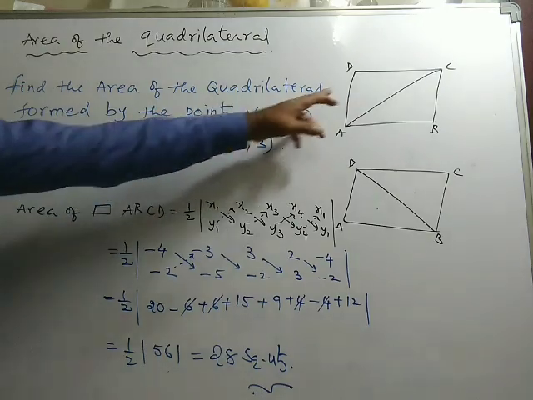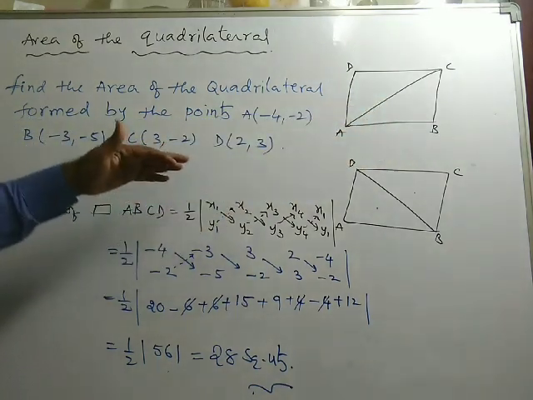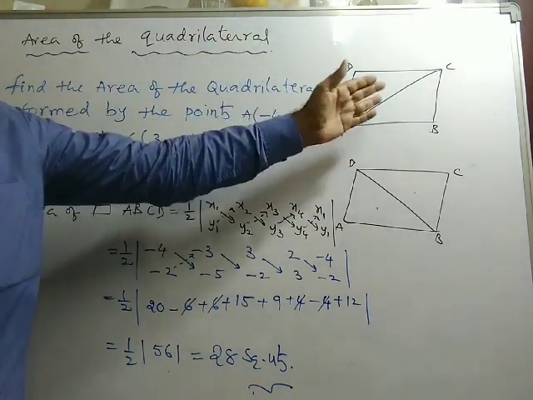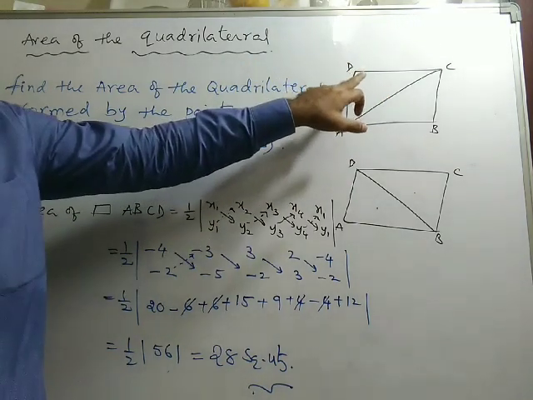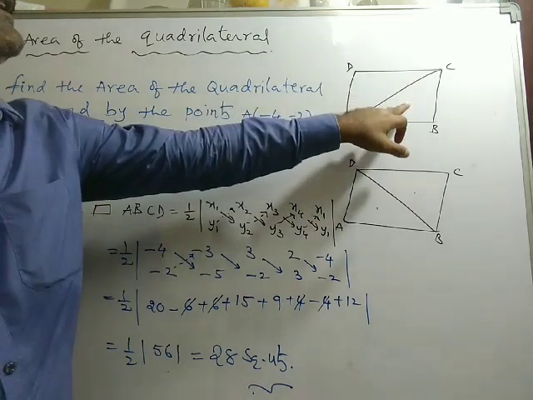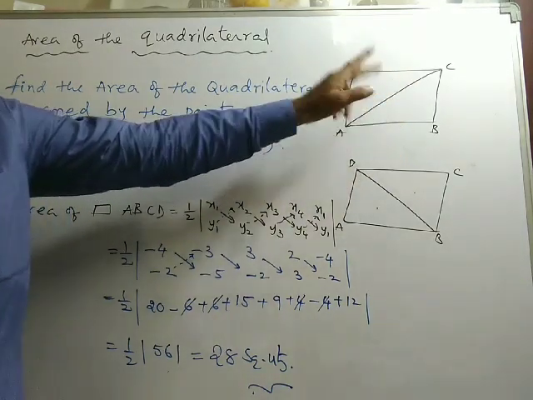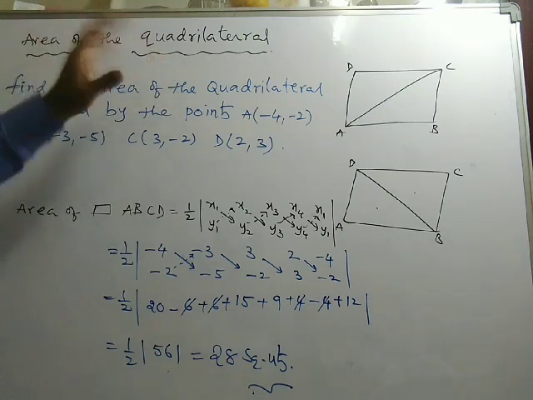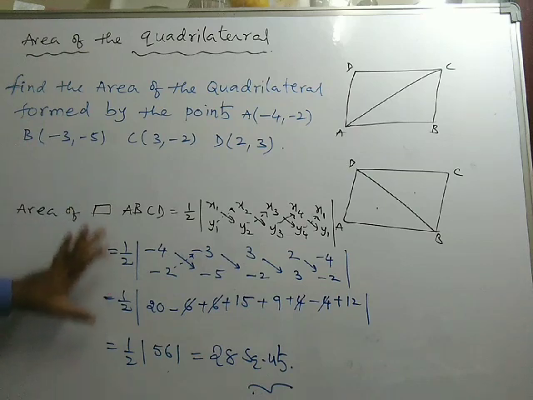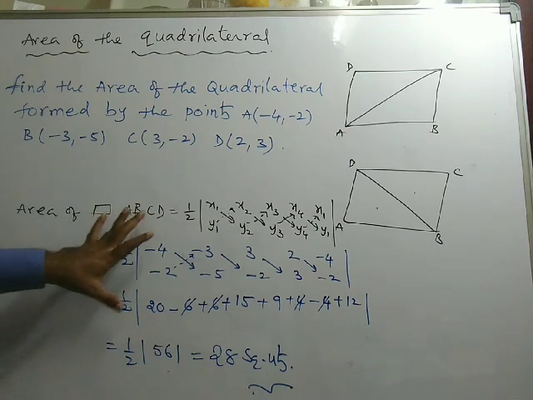So you can use this method also. Better you try the problem with the other method, that is, divide the entire quadrilateral into two triangles and find the area of the first triangle, find the area of the second triangle, and the sum of these two gives you the entire area of the quadrilateral ABCD. That is method 1. If not, this is the best method as per my knowledge. You can solve the area of any quadrilateral.